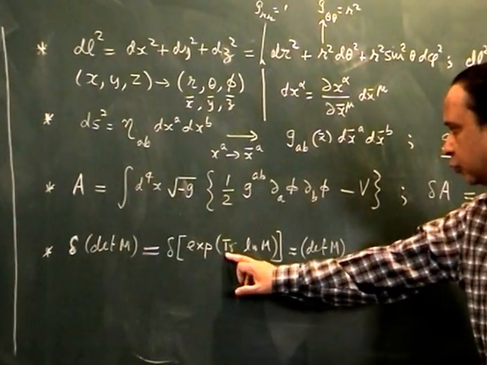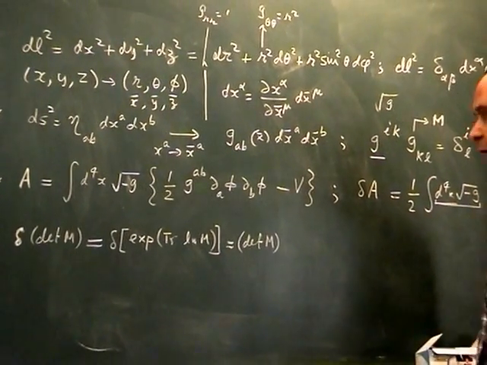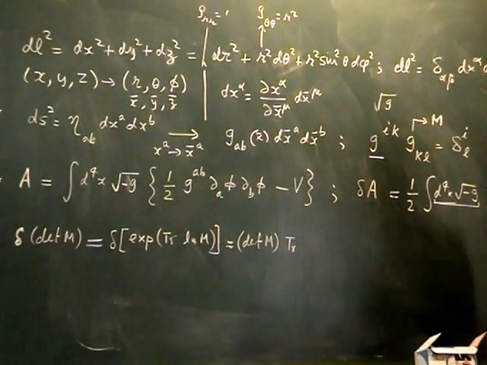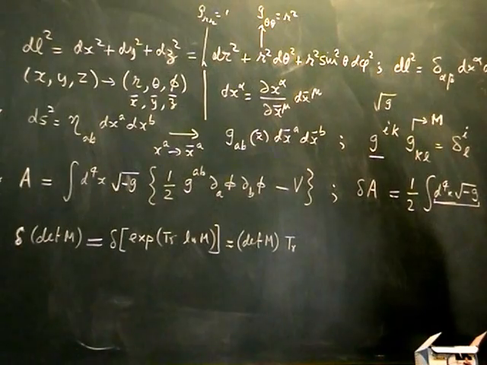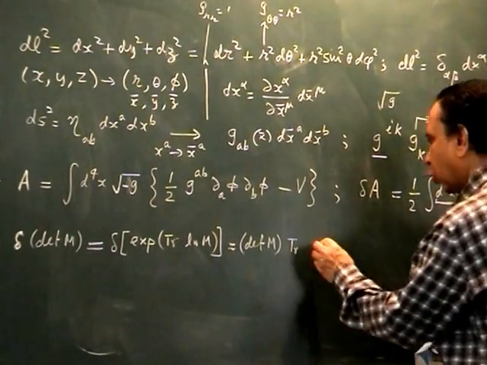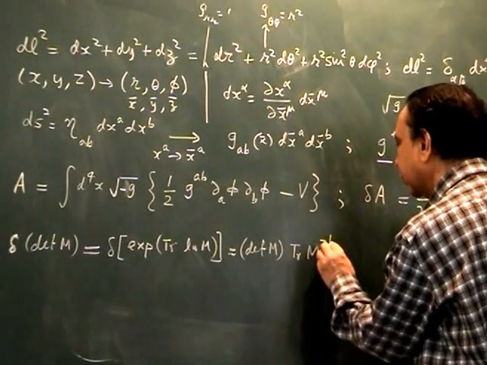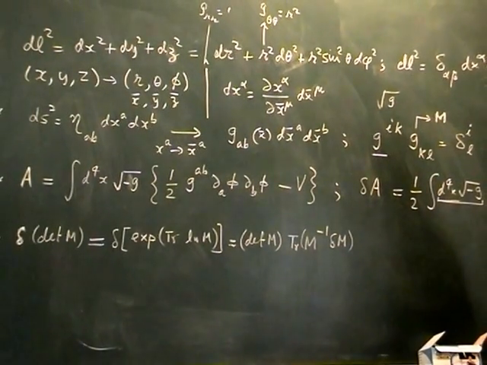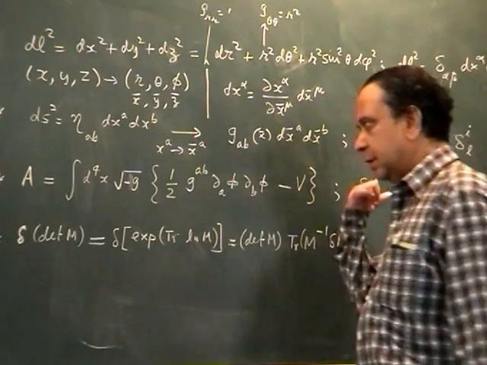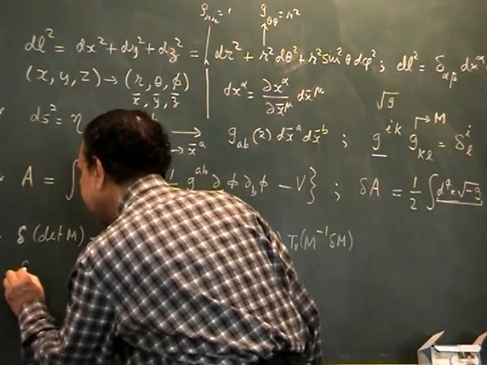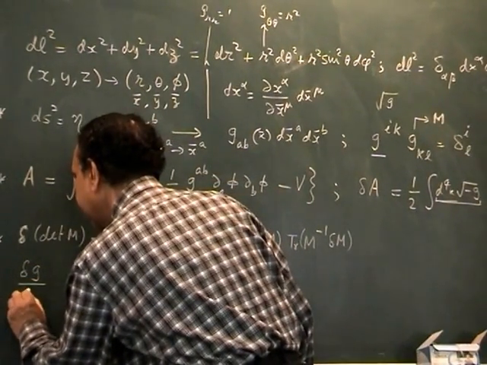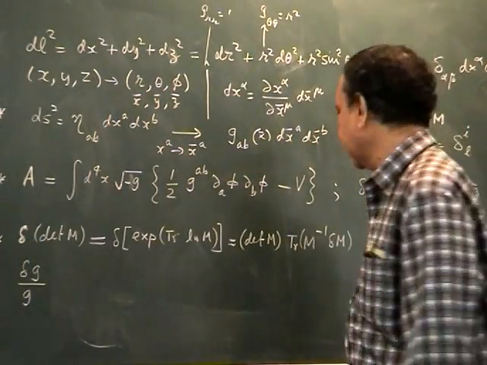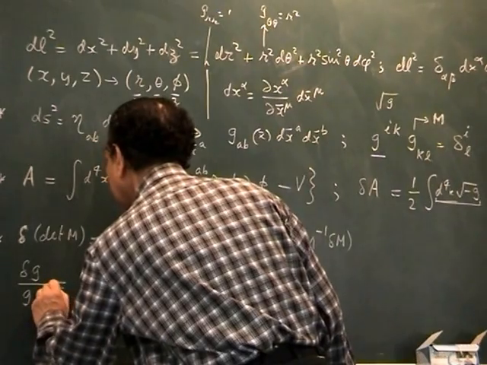Then I just need to do delta of trace of log m. Trace is a summation, so delta flows through that. So trace delta of log m. Delta of log m is 1 by m delta m. 1 by m is m inverse. So m inverse delta m. Okay. So we get the result applied to G. Delta G divided by G, this is delta of determinant divided by this determinant, is equal to trace of